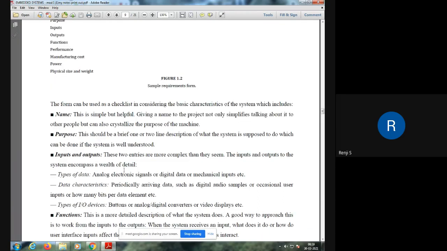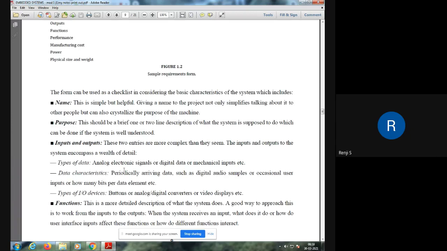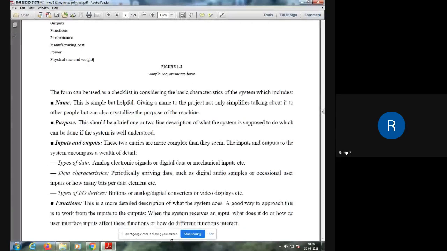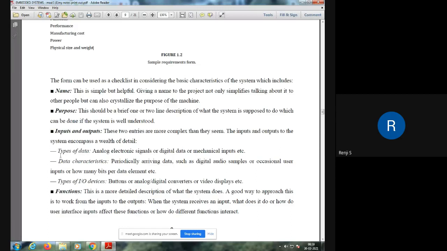Next are the inputs and outputs to the system. These two entries are more complex than they seem. First of all, you have to identify the inputs to the system, then the outputs generated by the system. The input and output section includes a lot of details, like the type of data that is going to be given as input, or the type of data that you will get as output.